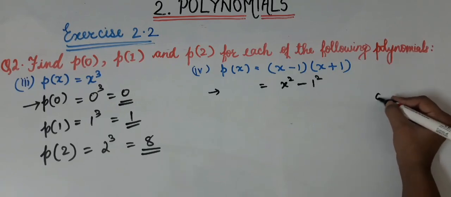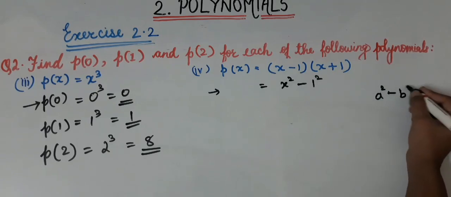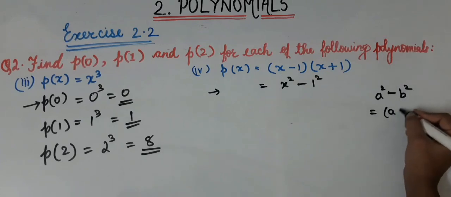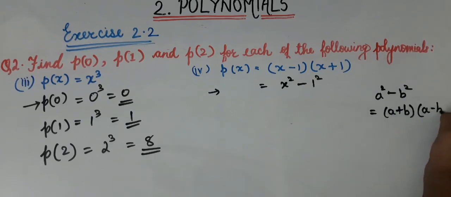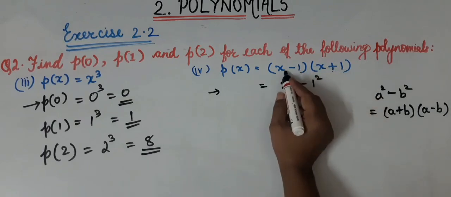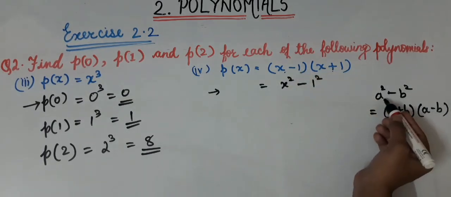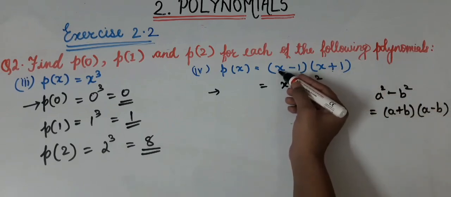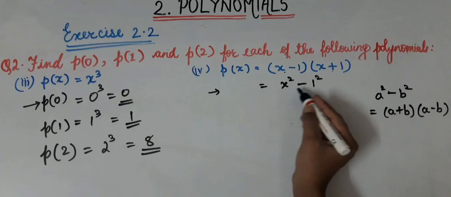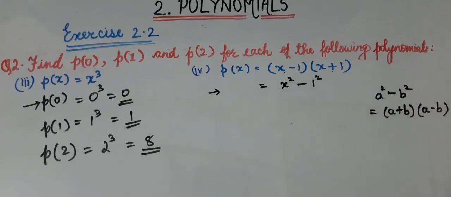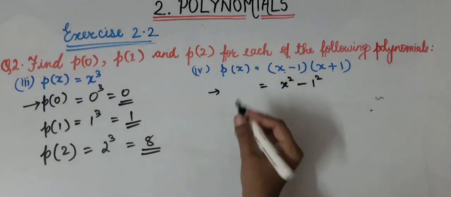I'll do it for you. A square minus b square is equal to a plus b into a minus b. Here a plus b and a minus b is given. So it will be equal to a square minus b square. Here a is what? X, and b is what? 1. So a square minus b square. It's an identity. Even if you don't use it, even if you keep it as it is and solve, it doesn't matter. You will get the same answer. But putting the value in this is easier, no? So let us do it this way.